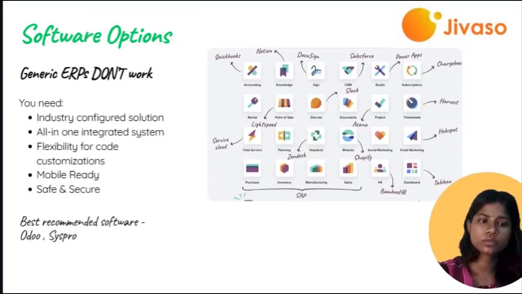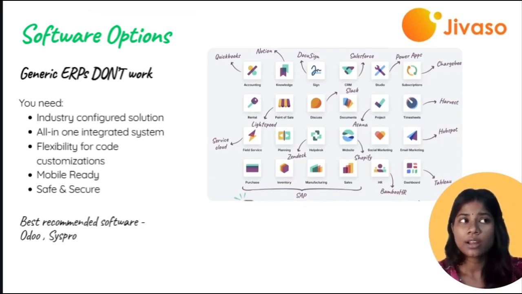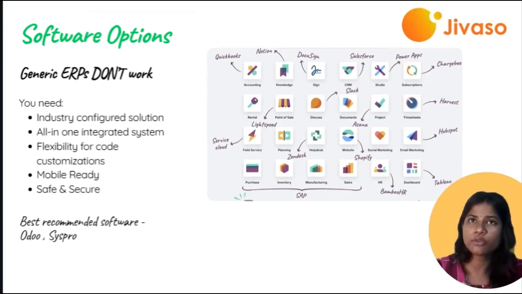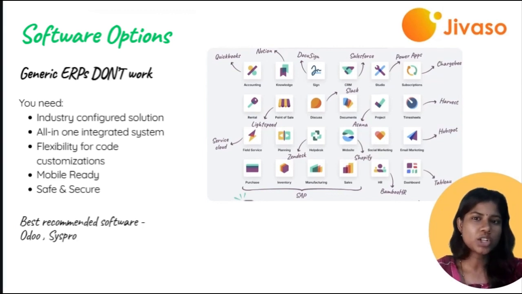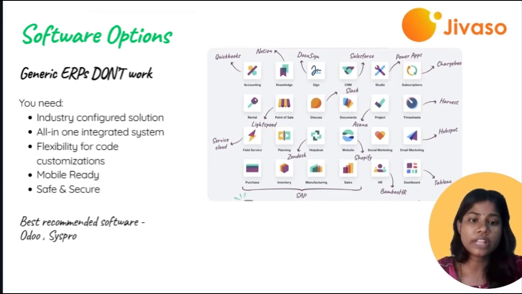Okay, let's begin. When it comes to software options, one of the things I really think about is that a generic ERP doesn't really work for complex industries like the medical devices industry, or the dairy industry, or the meat processing industry, or any other food and beverage industry, or any other complex industry for that matter. A generic ERP system doesn't really work wonders for the business because it lacks industry depth. When it comes to the medical devices industry, you need strong compliance. So generic ERPs lack the depth, compliance support, and flexibility the industry demands, whether you manufacture, distribute, or rent.